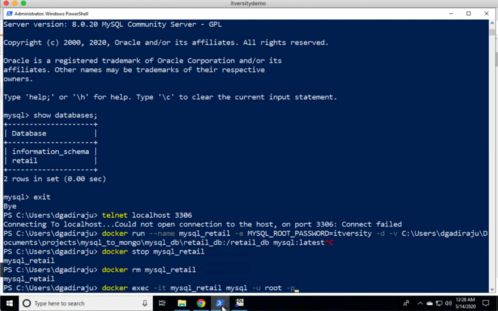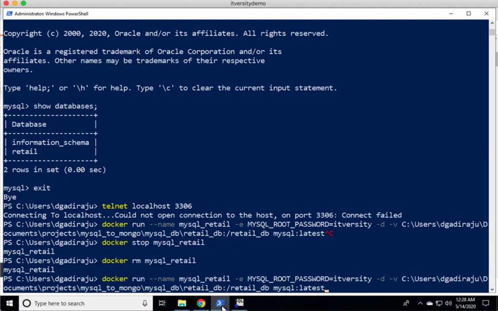However, before passing the image name as part of the docker run, we just have to say -p. Then we have to give the port number we want to use on the host. In this case, it is 3306. And then we have to give the port number using which the MySQL is running as part of the container. So this port number is for the host, which is nothing but our Windows 10. This port number is for the container on which MySQL is running. So I'm using the same port, and hence I should be able to use this port number going forward. Now I can run this.